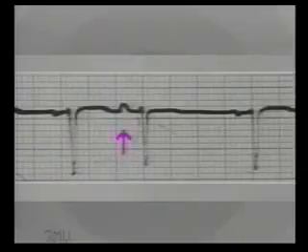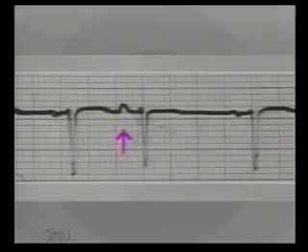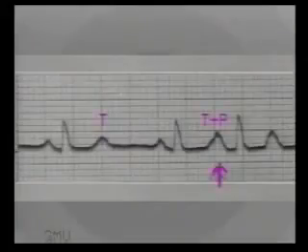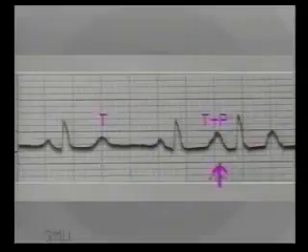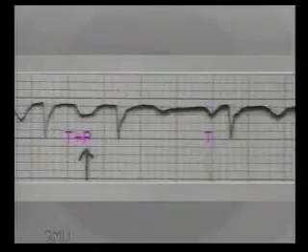This is an atrial premature beat with normal QRS configuration, altered P wave, and incomplete compensatory pause. This is again an atrial premature beat whose P wave is not seen but can be identified from a change in the T wave. Once again, note the change in the shape of T wave before the premature beat, indicating a P wave.